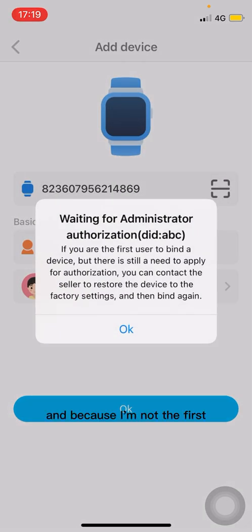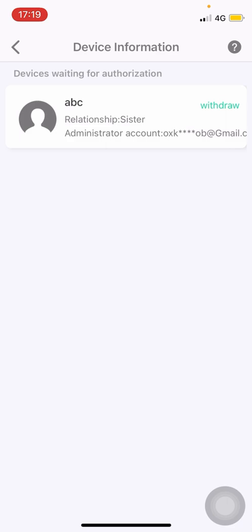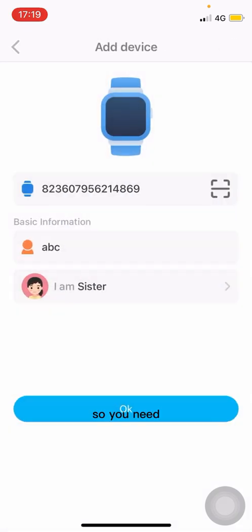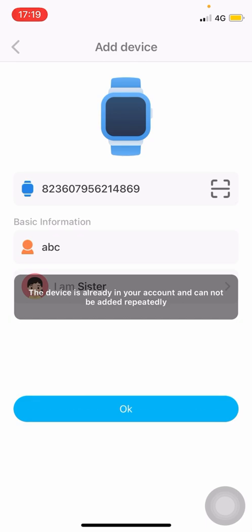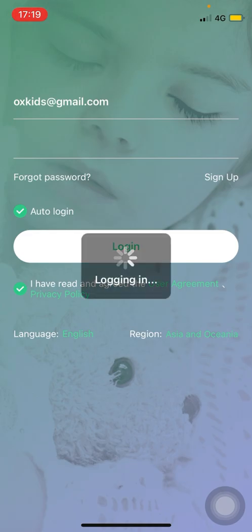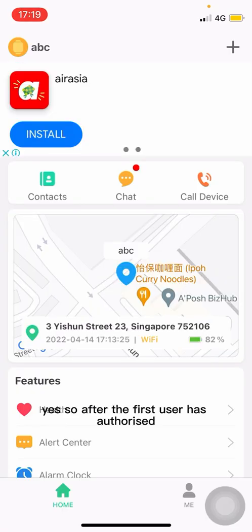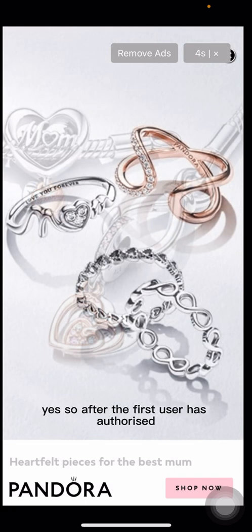And because I'm not the first user to bind the device, I will need authorization from the first person, because before me, let's say the mother has already bound the watch. So you need verification and authorization from the first user. Yes, so after the first user has authorized